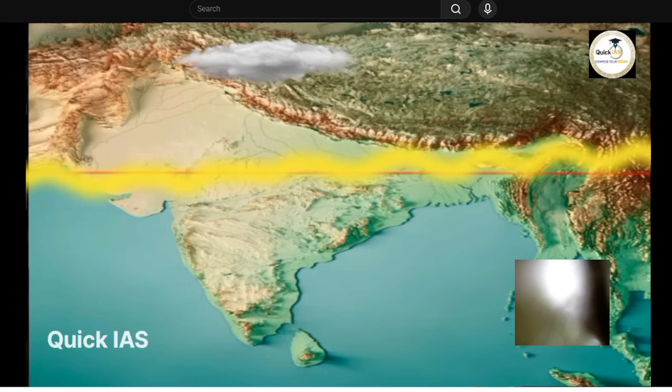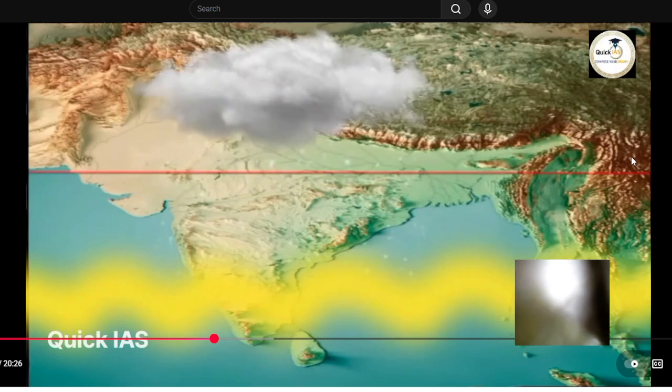But this rain that has occurred in the Gangetic Plains is also pre-monsoon, meaning that the pre-monsoon causes rain in the area where the ITC route is located. For example, if the ITC route is currently in the Gangetic Plains, it will bring rain to the areas of Bihar and Uttar Pradesh, but it will not bring rain to other parts of India.